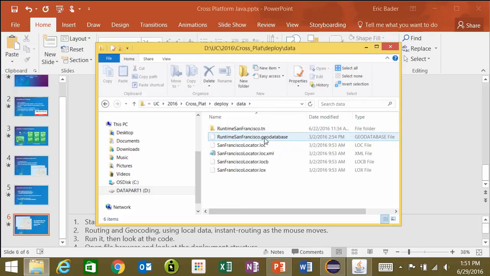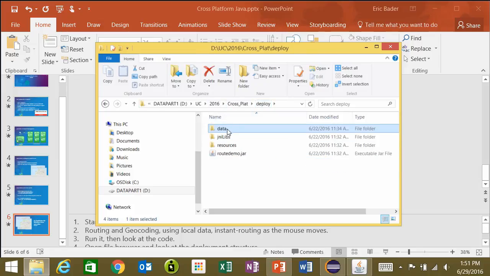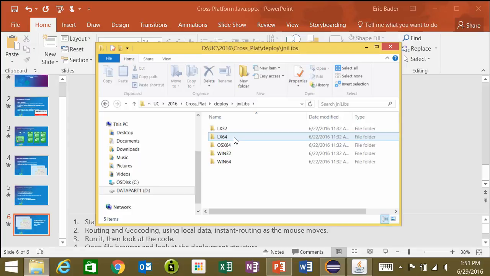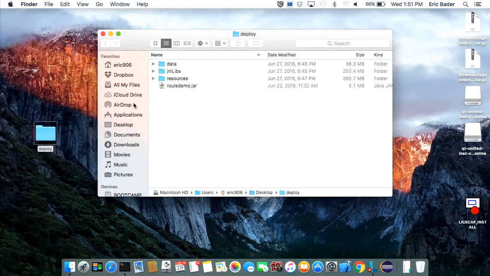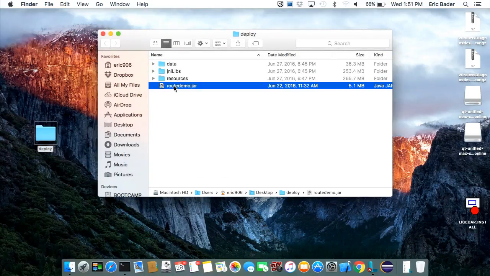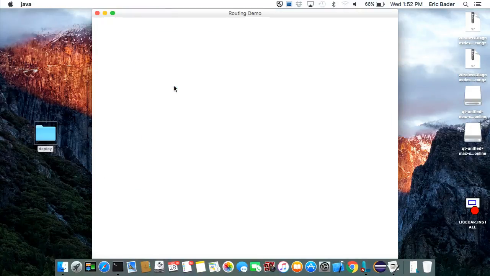Here's my geodatabase that has my network data set in it, and my locators are right here as well. Because I have this big old fat JNI deployment, I can take these libs and put them anywhere, the same deployment, though it's big. Or I can strip it down and just run it on Mac, let's say. So this same application, that same deployment file, is here on my Mac, and I didn't really change anything. I just built it on Windows and deployed it to the Mac. I'm not on the network, so